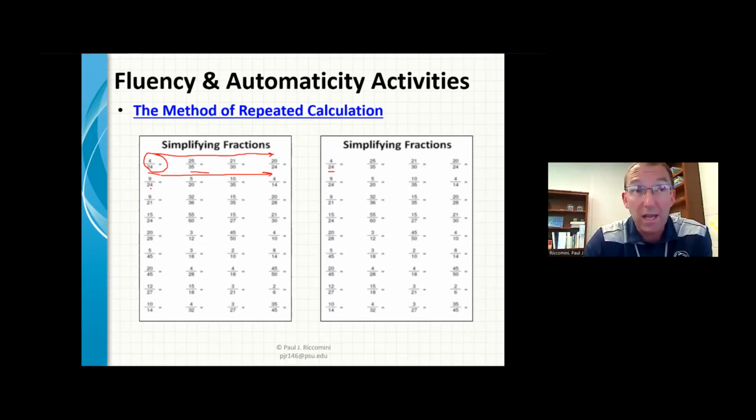You're going to have 1 minute. Now listen, there are more problems on this page than you can do. There's more than I can do in a minute. You're not going to finish it. That's not the point. The point is you're going to answer as many as you can correctly. We're going to do this twice, and you're going to try to beat the number that you have the second time.